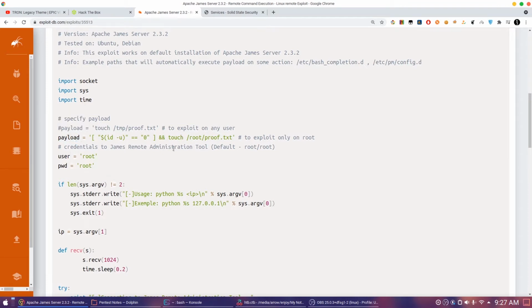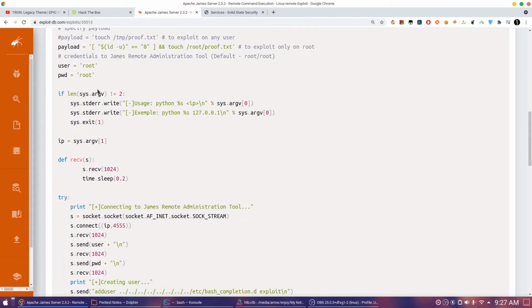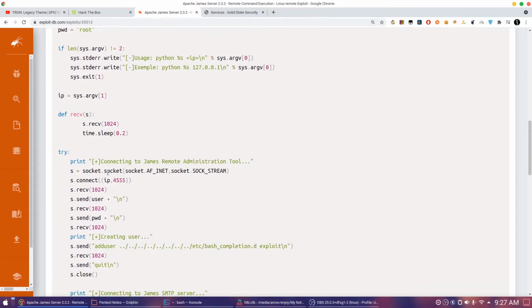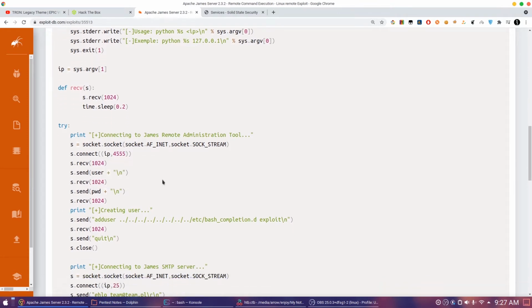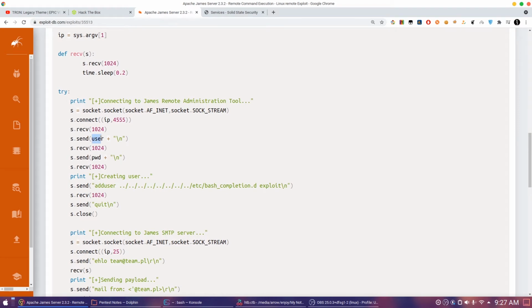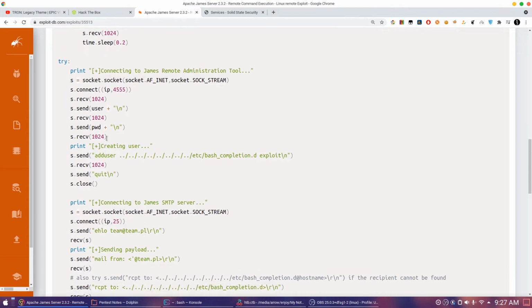So the administration tool. Okay, so the default credentials are root. If that authentication has succeeded, and it's running on port 4555. Okay, and then we are using root and hitting enter. Okay, and root. So you don't need to type user root, just simply root, and if this has succeeded,